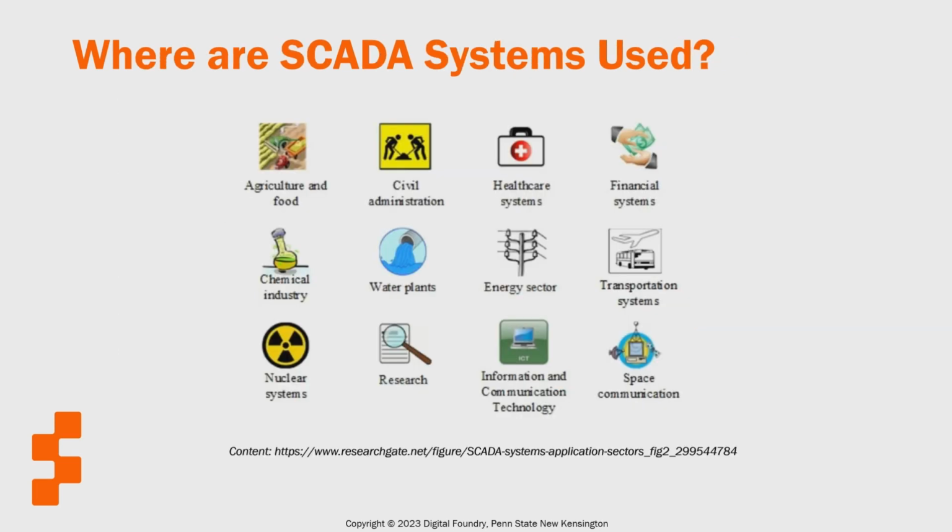So where are SCADA systems used? SCADA systems provide a critical role in several industrial applications and are used to control and monitor physical processes. Some of the industries that use SCADA in their daily operations include water and wastewater systems, electric generation, financial systems, and more. Both large and small systems can be built using the SCADA concept. These systems can range from just tens to thousands of control loops, depending upon the application,